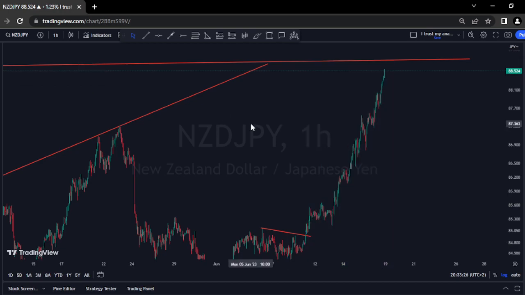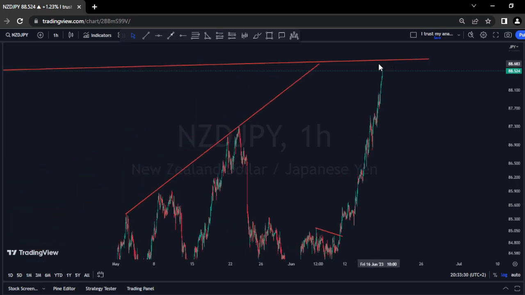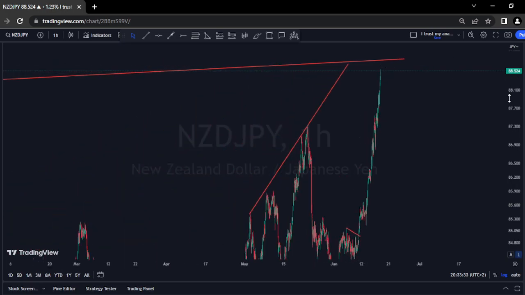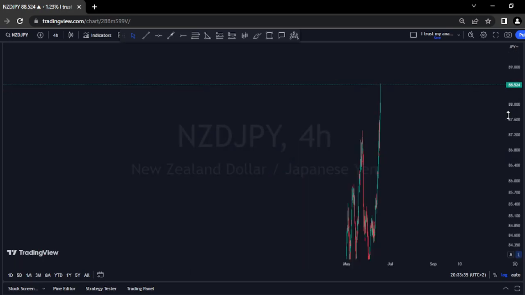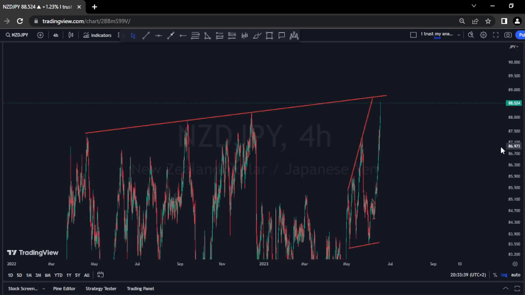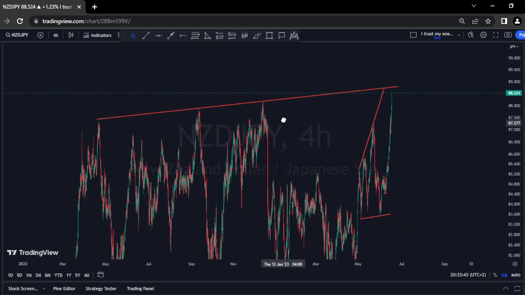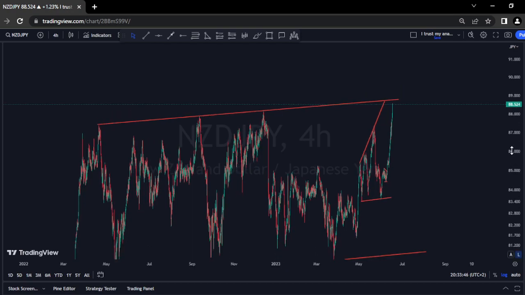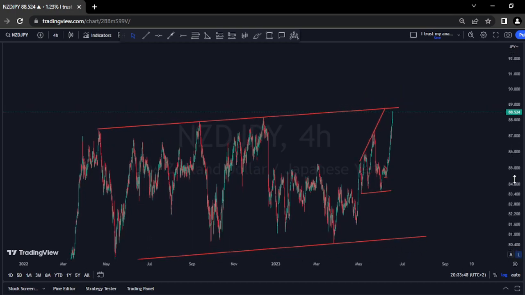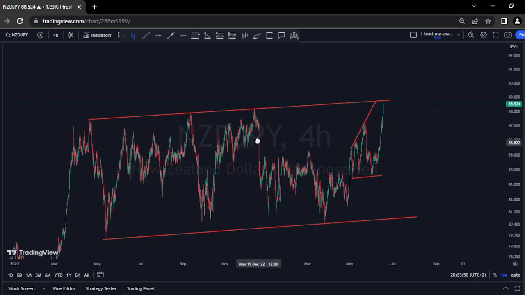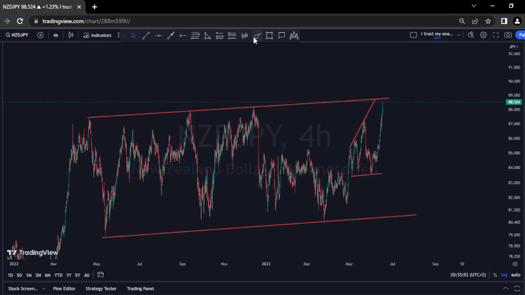see what happens next week. My targets is at this high. Let me just zoom out. Let me go to H4 actually. My target is at this high. And I think I did mention this in the analysis I did for